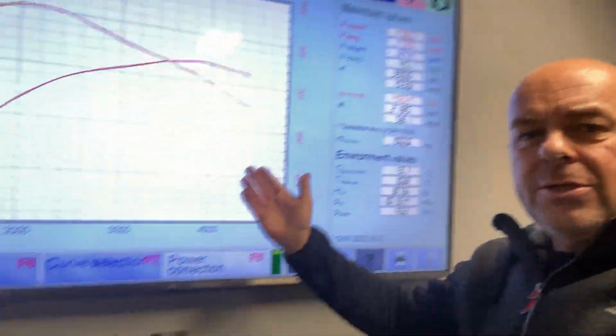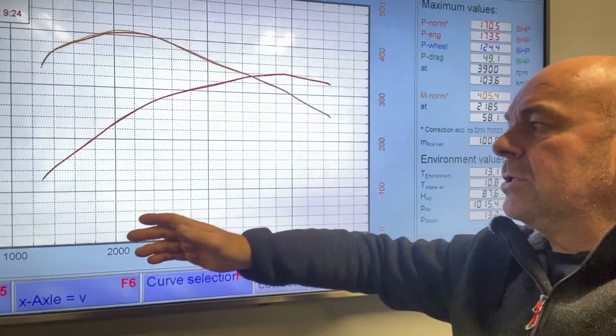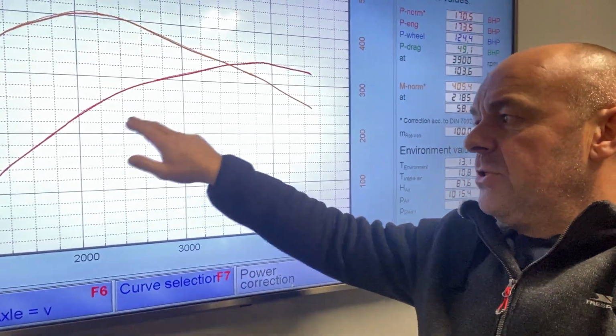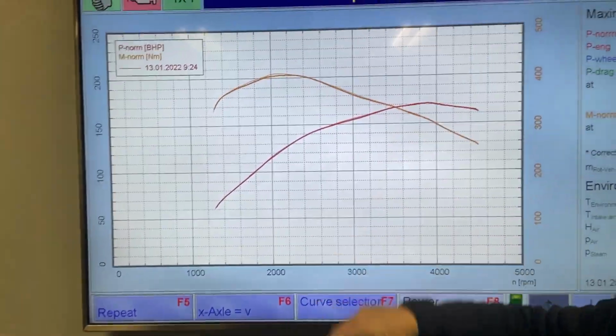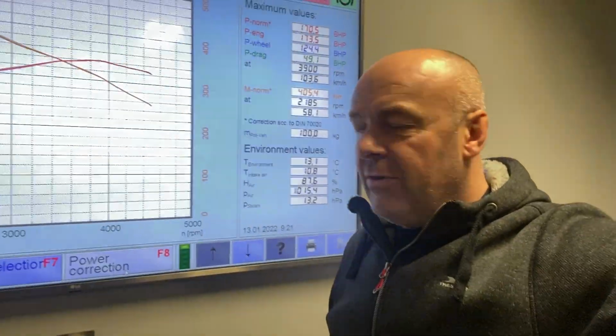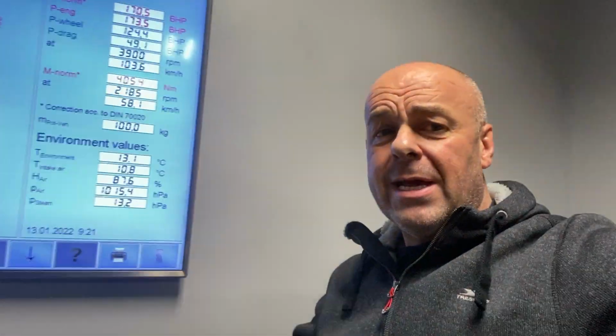A lot of dynos do that because they haven't got the repeatability. The cheaper dynos haven't got the repeatability, so they don't show the coast down. They don't show the measured strain gauge power at all. All they do is show you that, so you'll get a dyno graph like that. We've never done that. A lot of dynos don't even have the option to show the coast down and various other things, but the